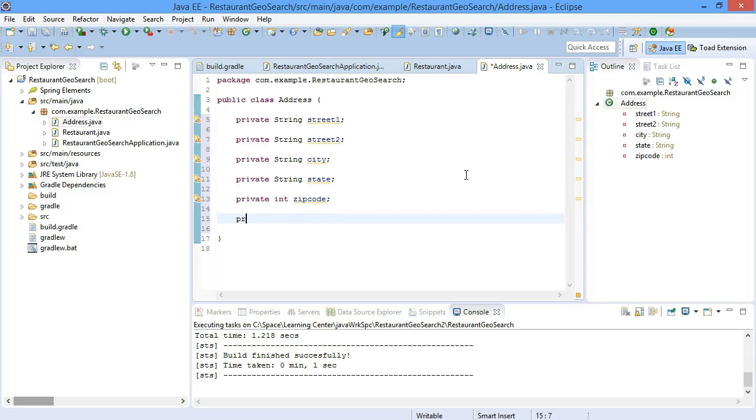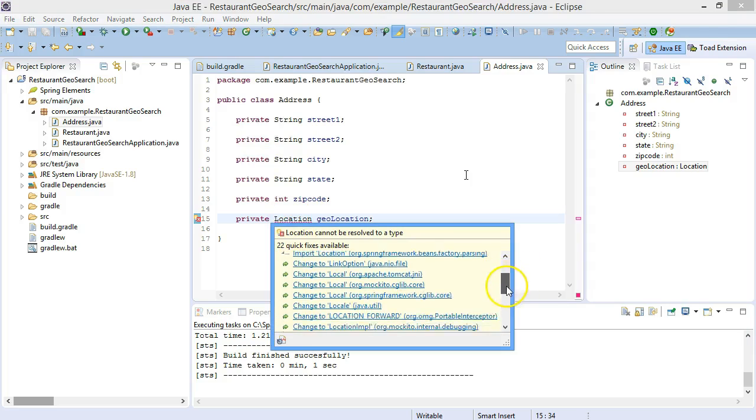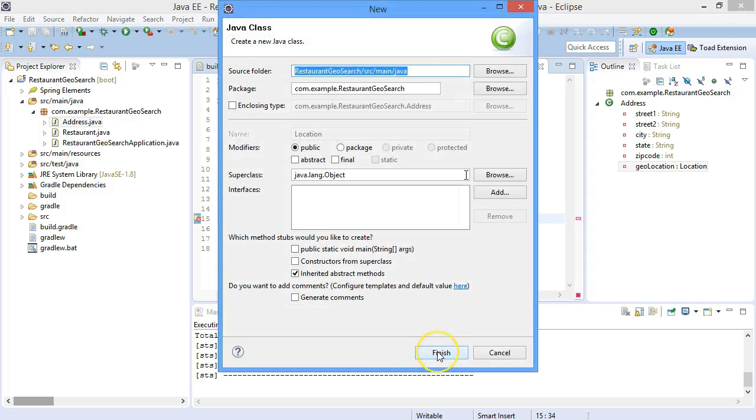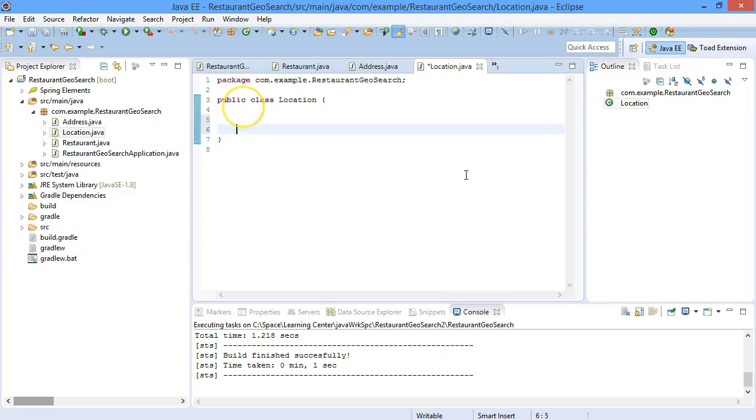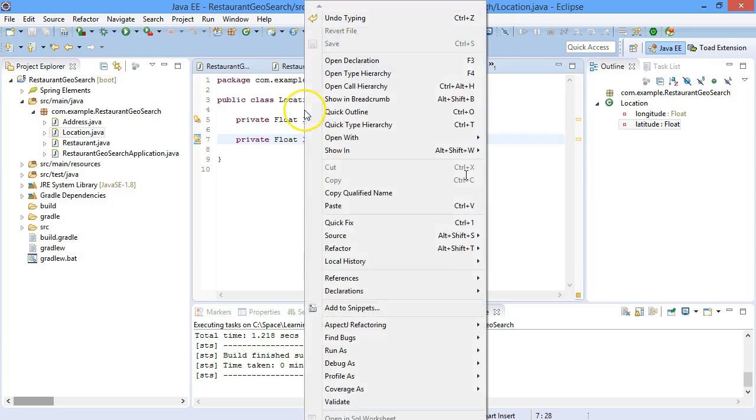So I'm going to create another class here called Location, for geolocation, and using the Location class we will try to identify and define the geolocation attributes. I'm going to do the same thing again and create a class Location, and the attributes of Location have to be in a particular fashion of storing longitude first and latitude second. This is the construct which MongoDB expects to perform the GeoSearch,